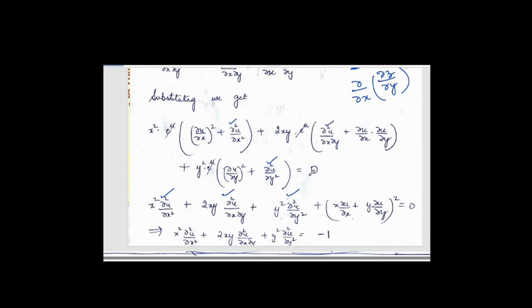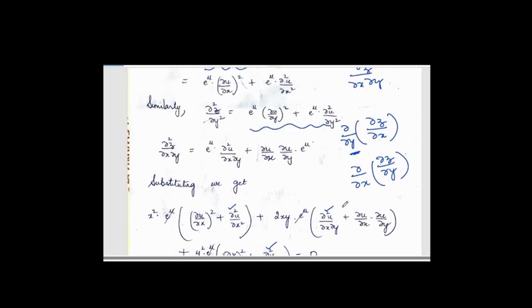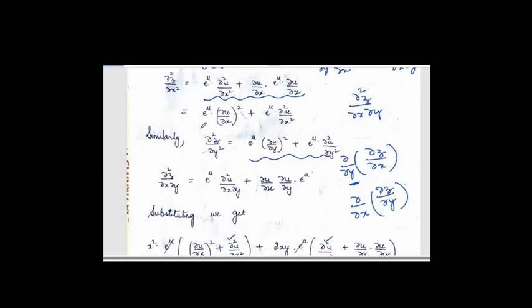Alright, so this is separate, but when you do the rest of it, it's x into del u by del x whole square. You can check: x square into del u by del x whole square. So it's x into del u by del x plus y into del u by del y whole square. But this is the order 1 result. You have just now obtained that this expression is equal to 1 as the first part of the problem. x into del u by del x plus y into del u by del y is equal to 1.